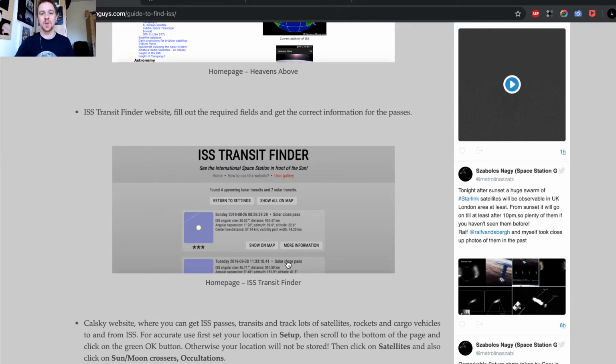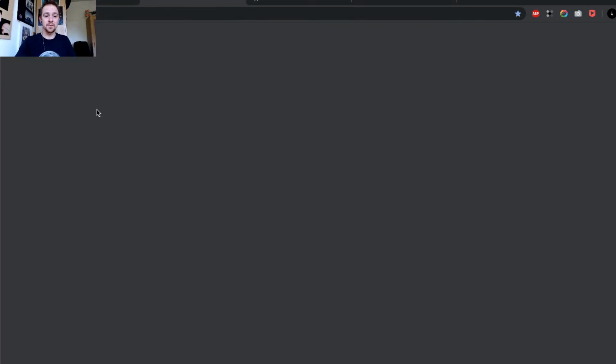What is a transit? It's when the space station is going in front of a celestial object. Obviously the space station is only 400 kilometers above the Earth, best case 400 kilometers when it's right above you, but usually it's further away as it goes along its path, and sometimes it goes in front of certain celestial objects: the moon, the sun, planet Venus, planet Jupiter. Obviously anything that's higher in the sky is better, because it means the space station is going to get closer to your location. So this website is a straightforward, simple website.